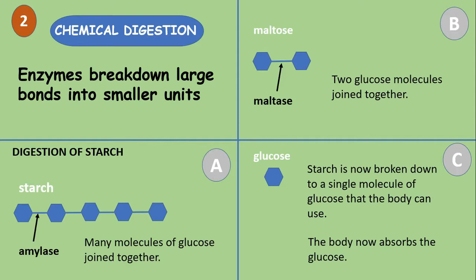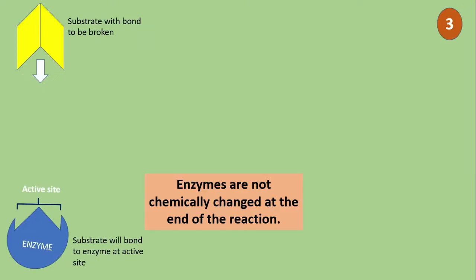and of course maltose is acted on by another enzyme called maltase to eventually break it down into glucose, which the body will be using as a monosaccharide. So here, for number 2, this is the second property: enzymes break down large molecules into smaller units. Now, the third thing we want to know,